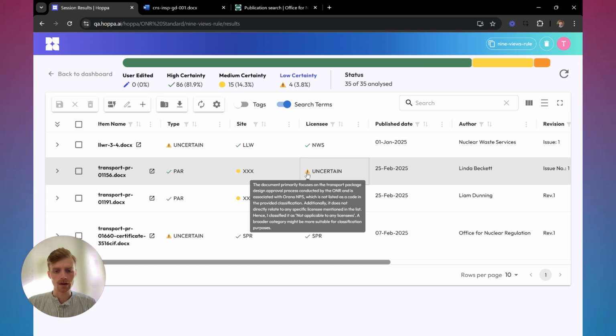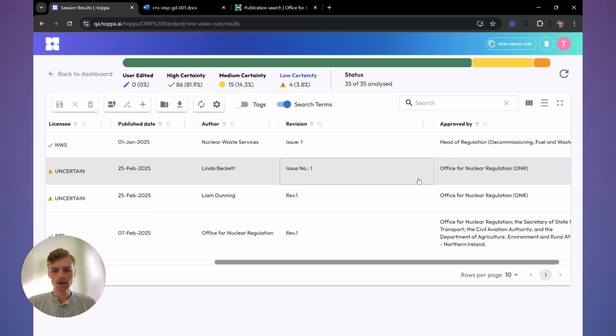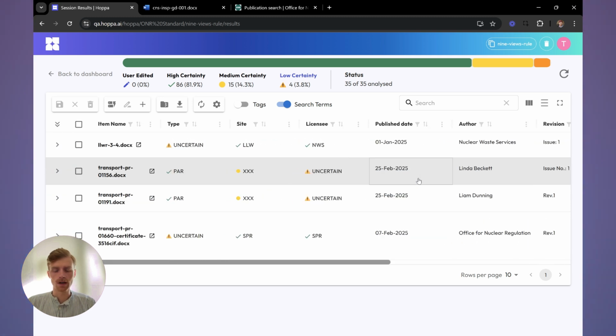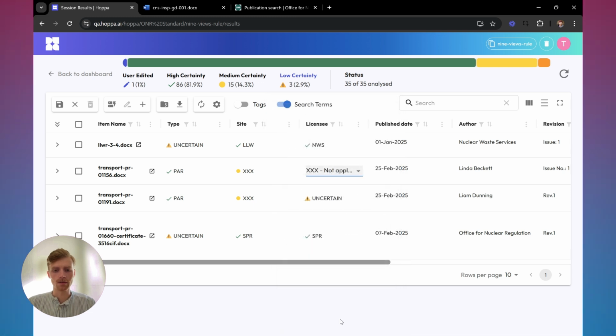So yeah, there we go. Looks like perhaps it couldn't find a matching code part that it felt was a good match. And we can take a look at all of our search term information as well. And if I do want to, I can just go back and swap out that classification so I can apply my own edit to perhaps put it into that category that I want to do. And there we go. So there are our results in the time that it took me to make a cup